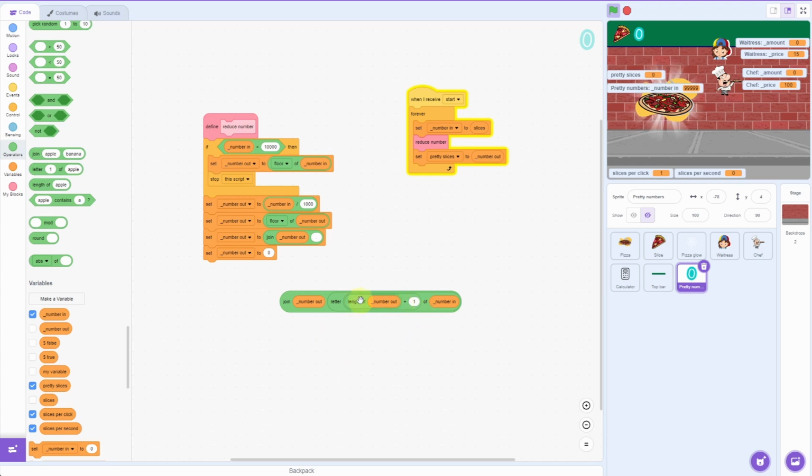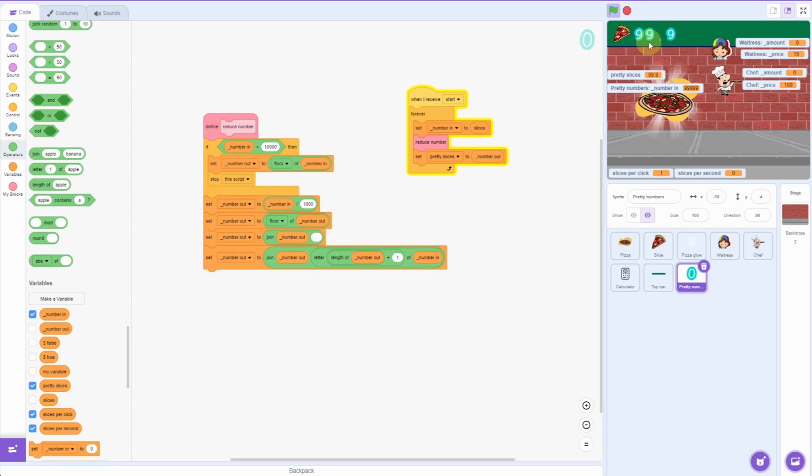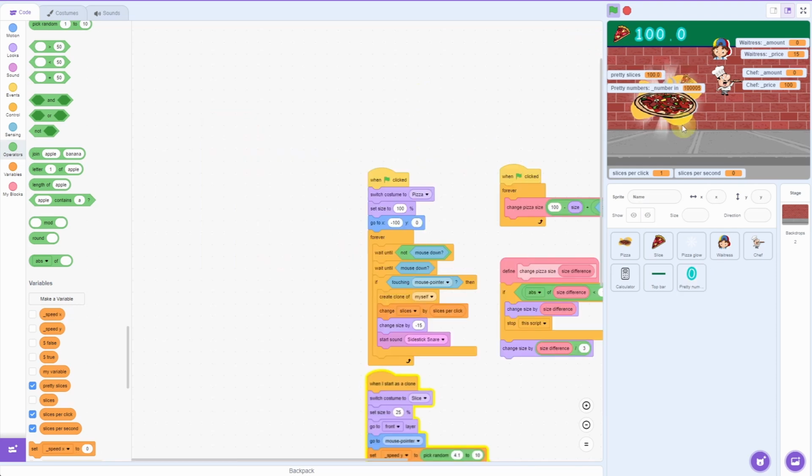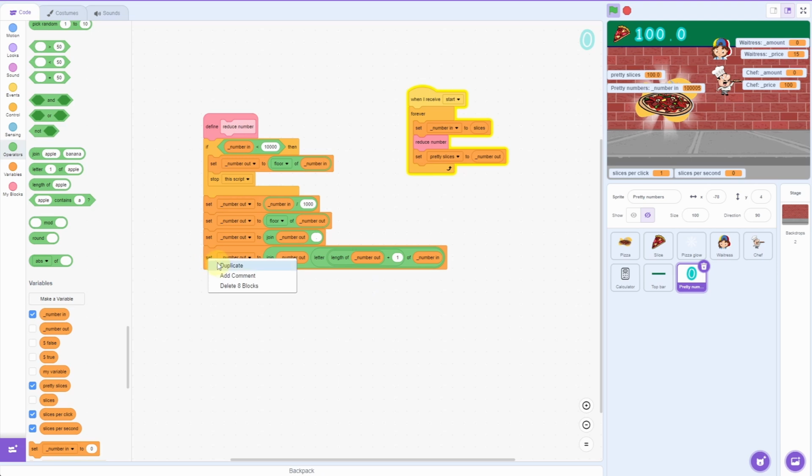So you have to be careful now. There are 4 green blocks inside each other. If you put them in the wrong order, it's not going to work. I'm going to put that here. And now we'll say 99.9. And if I add 1 here, it's difficult to see it work. So let's just duplicate this line of code. If I go back to my paint here,